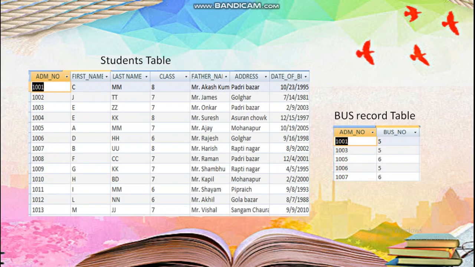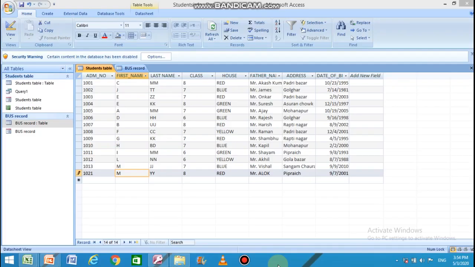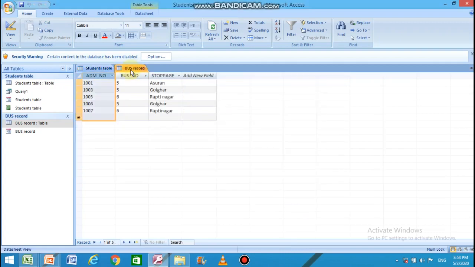Let's know, students, how can we establish a relationship between two different tables. For establishing a relation between two tables, there must be two tables created first. To show you, my dear students, I created two different tables, student table and one more table, that is bus record table.